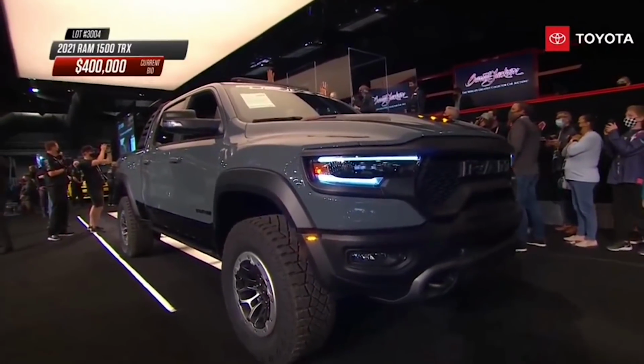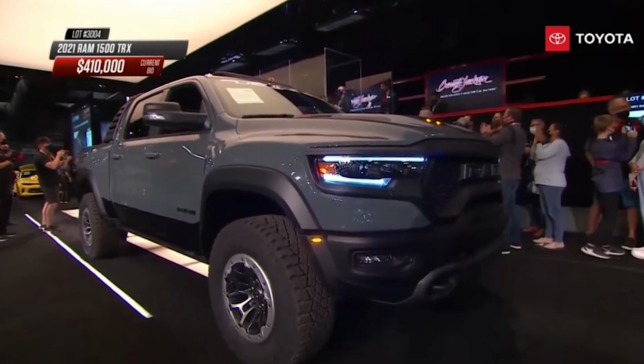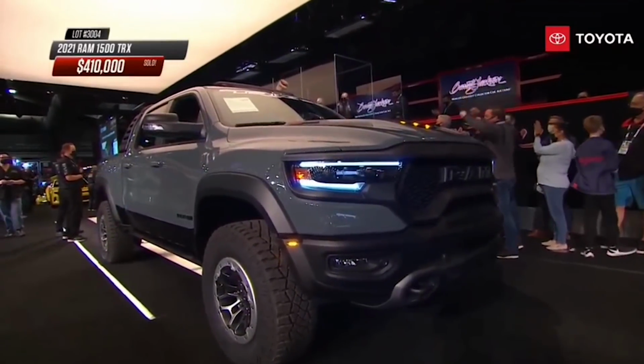5, and now 10, and 410, and 420, and 420, and 1020, and 41020. That car is sold for